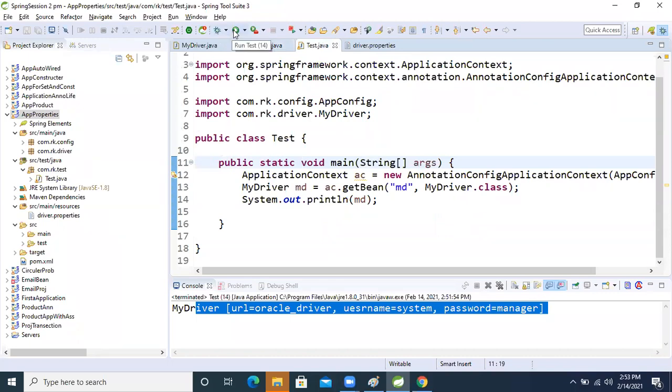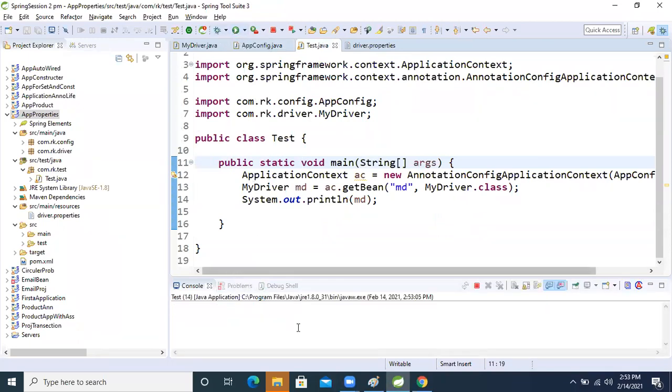For that we are using properties, where the data is frequently changed. Now see in the result, root and MySQL driver, right? Because of that we are using the properties file.